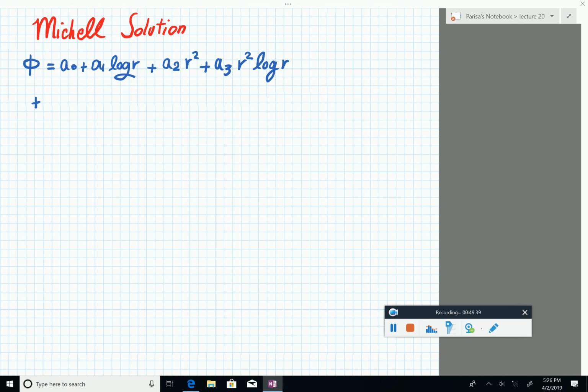Exactly. So what you get from the formulation will be in terms of C, right? And then you have to change the C back to R. So then we have A4 plus A5 log R plus A6 R squared plus A7 R squared log R times theta